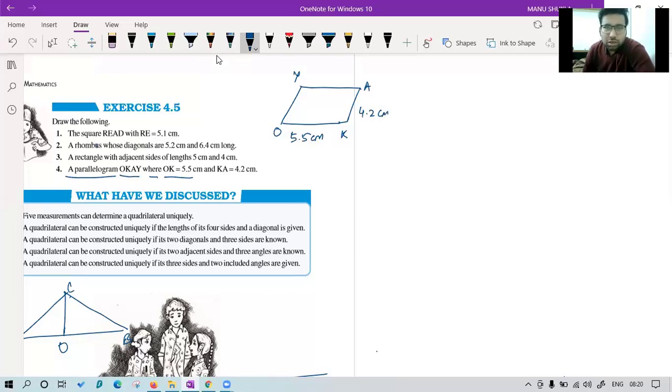Now class, tell me, how will we proceed in this? How will you make this parallelogram? Anyone who wants to speak, you can unmute yourself also. You can speak. Joel, you are correct that these two angles are supplementary, that is fine. Their sum is also 180 degrees, but that doesn't mean that they are 90-degree angles. Try to understand. If I say angle O plus angle K equal to 180 degrees, that is fine. But I can never say angle O equal to angle K equal to 90 degrees.